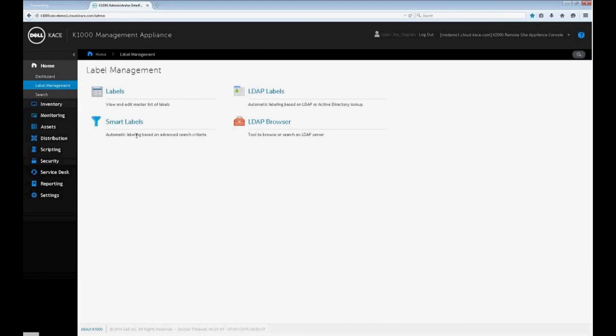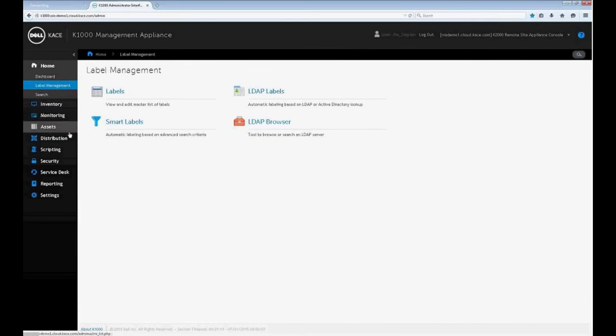Labels in KACE terminology basically are just a group of something, right? You can create a smart label within about 4 or 5 steps of simply naming it and putting in certain criteria through a drop-down box on how you want to do it. So if I wanted to pull certain machines into a certain label, our software into a certain label, our users, we can do it a variety of different ways here. And I'll show you down the road how labels come into play and save you time as we move on. I'm going to start at the bottom here, but we will cover, obviously, inventory,